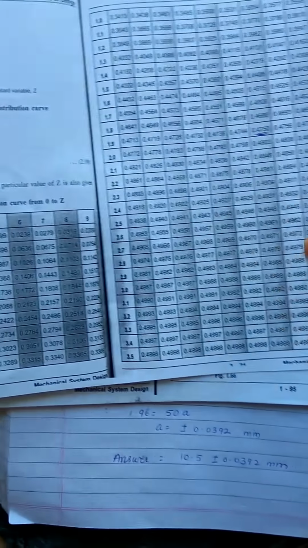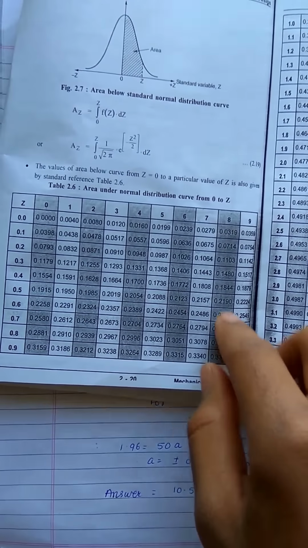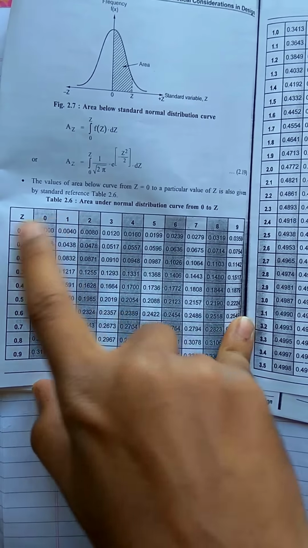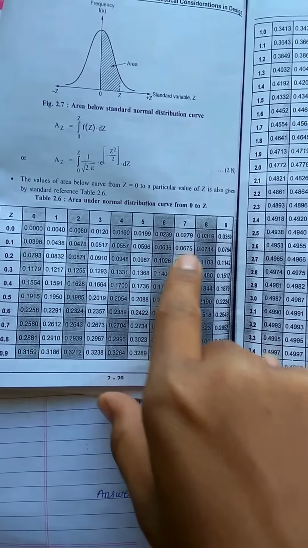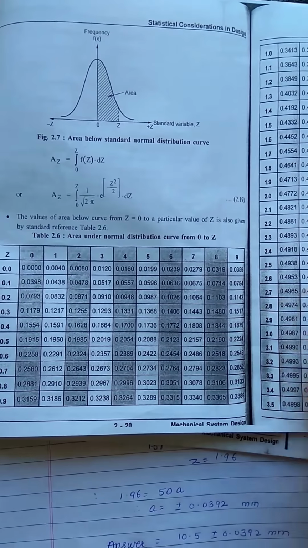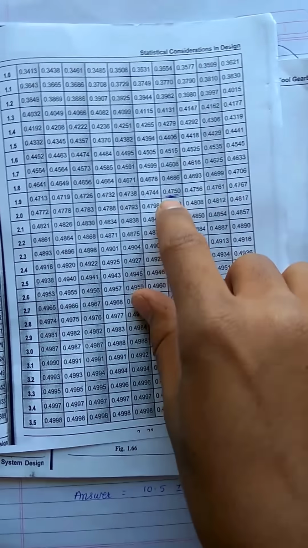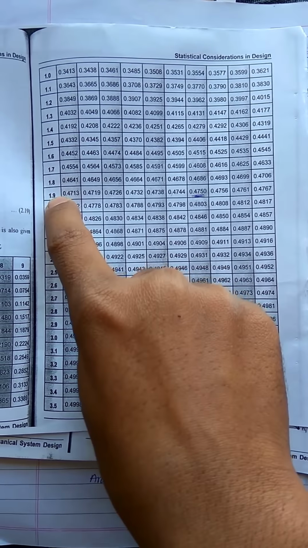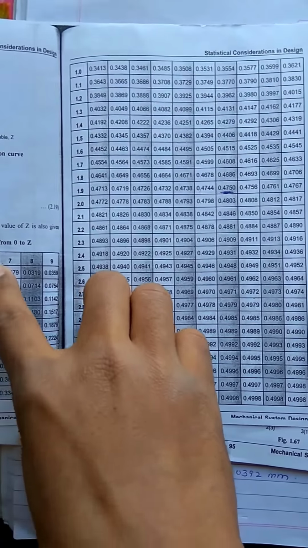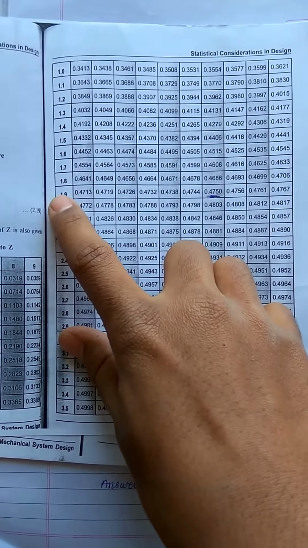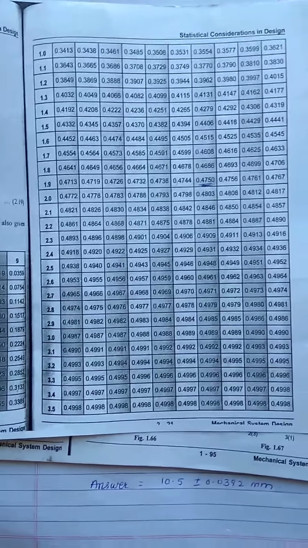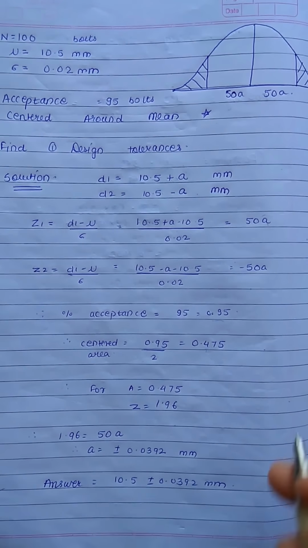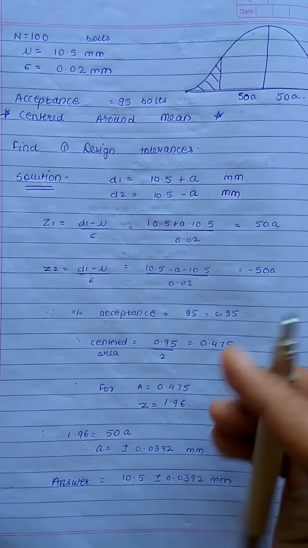In this chart, this is the chart of tolerances which is provided in your textbooks. From this chart we can see we have been given Z in points and Z in solid natural numbers. We have been given area as 0.475. Search for the area where it lies and you will find it here, 0.475. From this 0.475 the corresponding value is 1.9 and in this way it is 6. So it will be 1.96. This is the final value of Z you get from the table. So we get Z as 1.96.